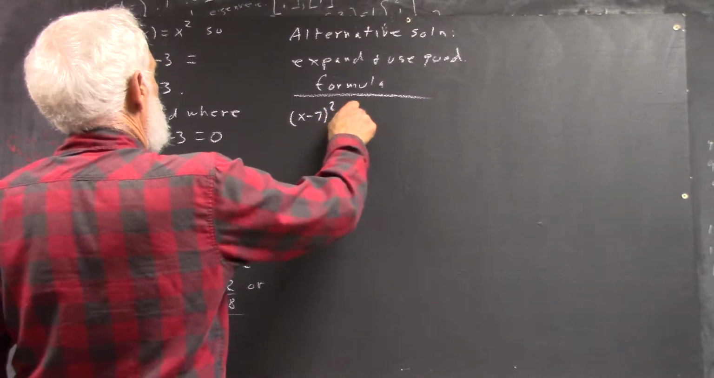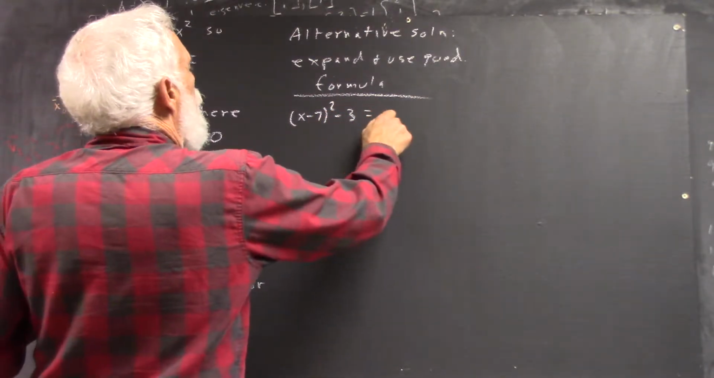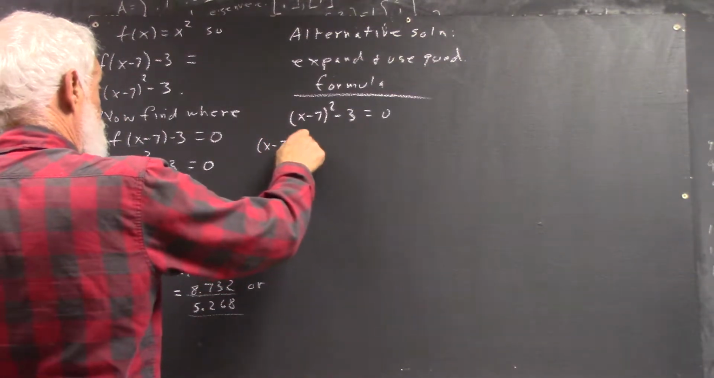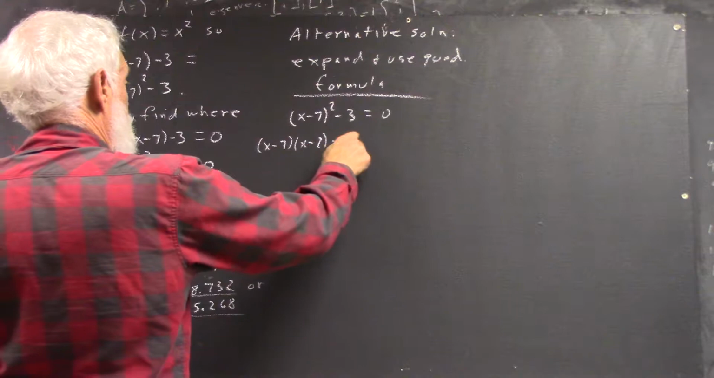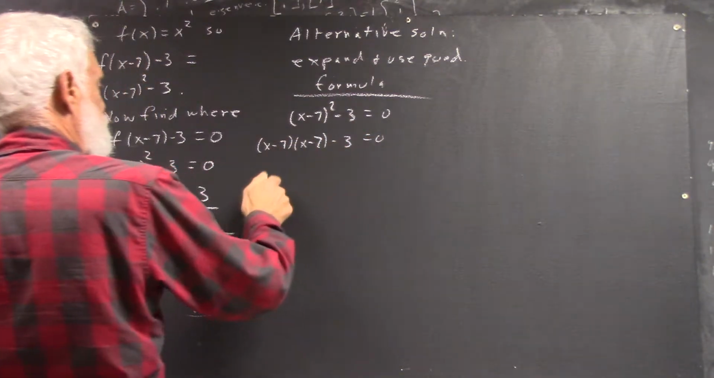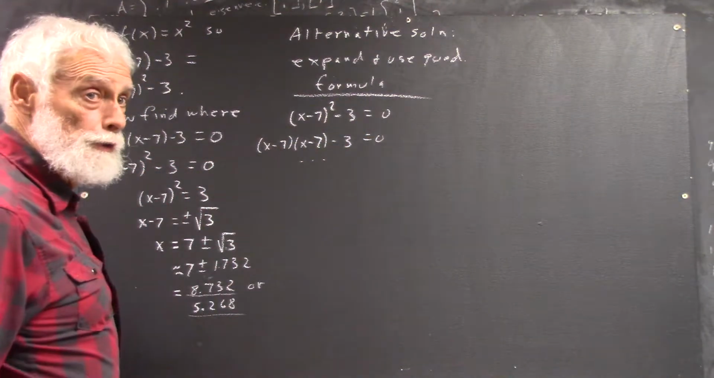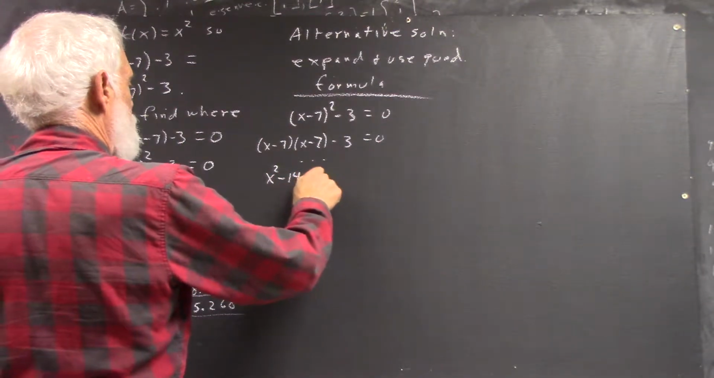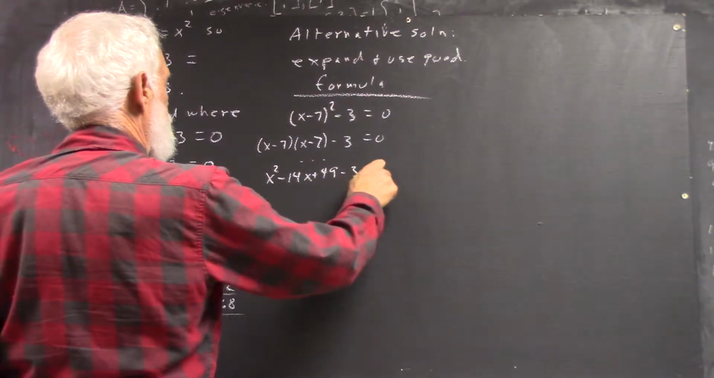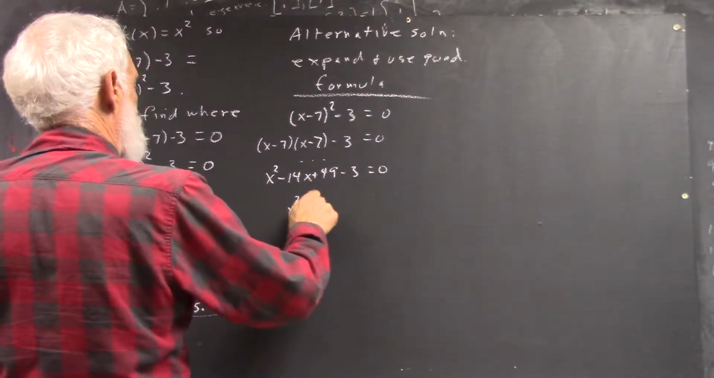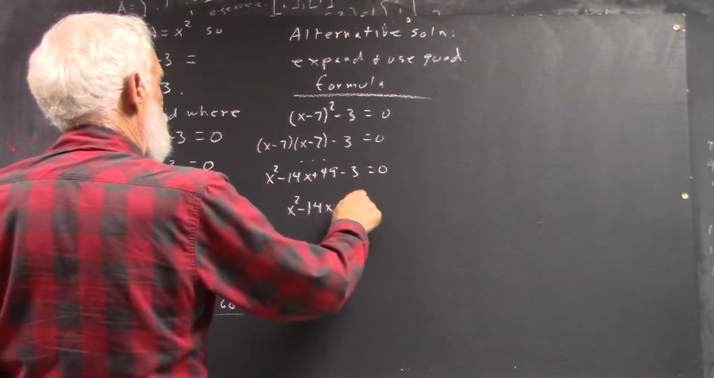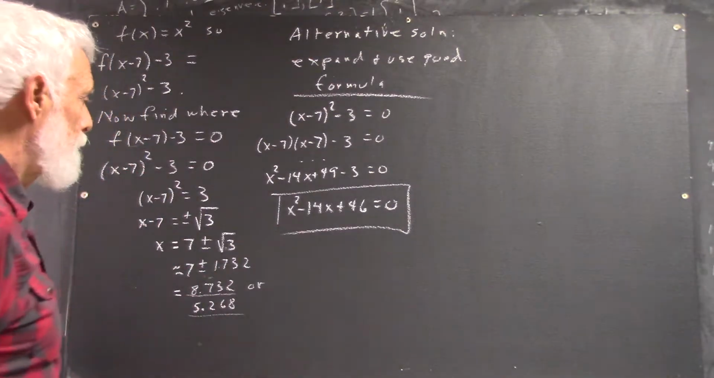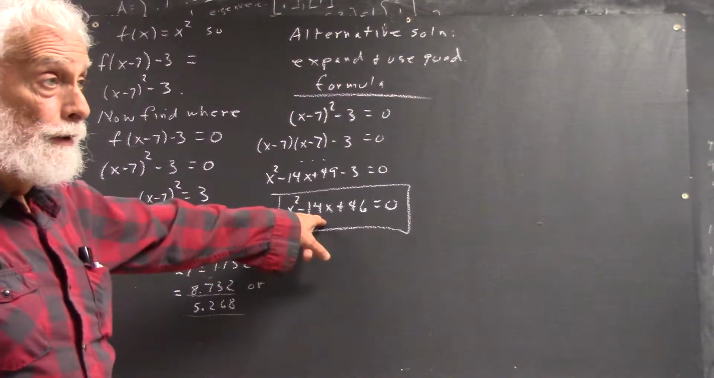First of all, (x minus 7) squared minus 3 equals 0. We expand to (x minus 7) times (x minus 7) minus 3 equals 0. And we use the distributive law, which gives us x squared minus 14x plus 49 minus 3 equals 0, so that x squared minus 14x plus 46 equals 0. Now, if you have this equation, you can solve it